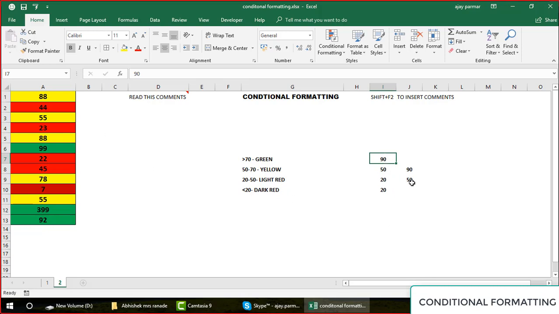What I'm trying to tell you is that you can change your conditional formatting. You don't have to go inside this. So this is another method. You can set your conditional formatting with these things. Now, in conditional formatting you have a lot of things. It is not just the one thing.